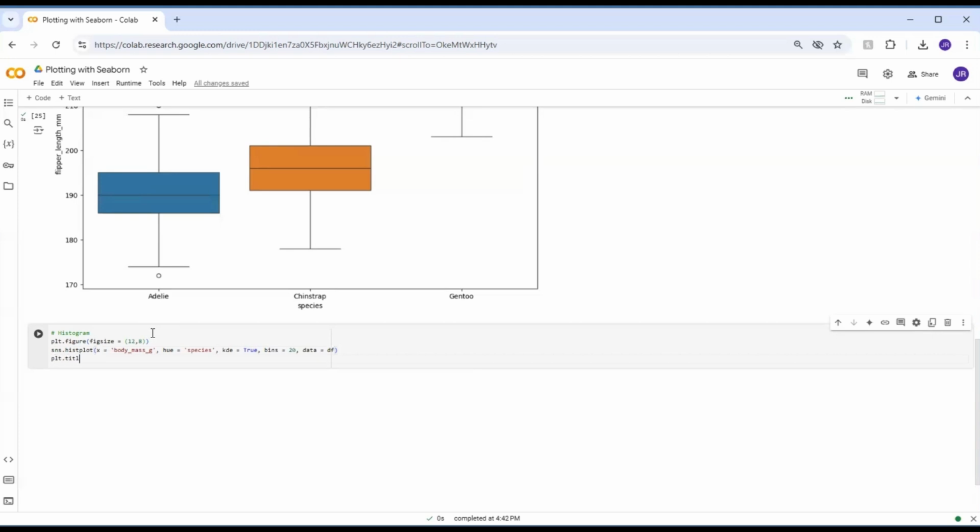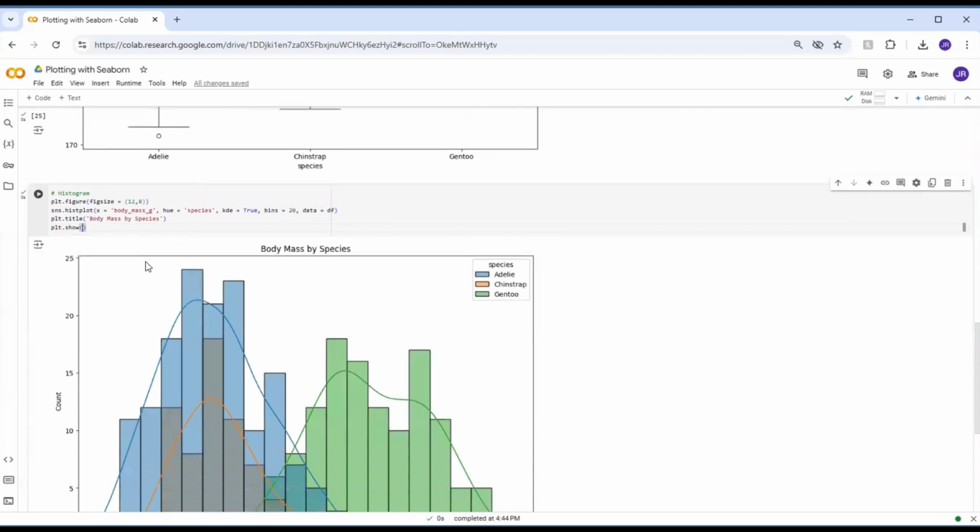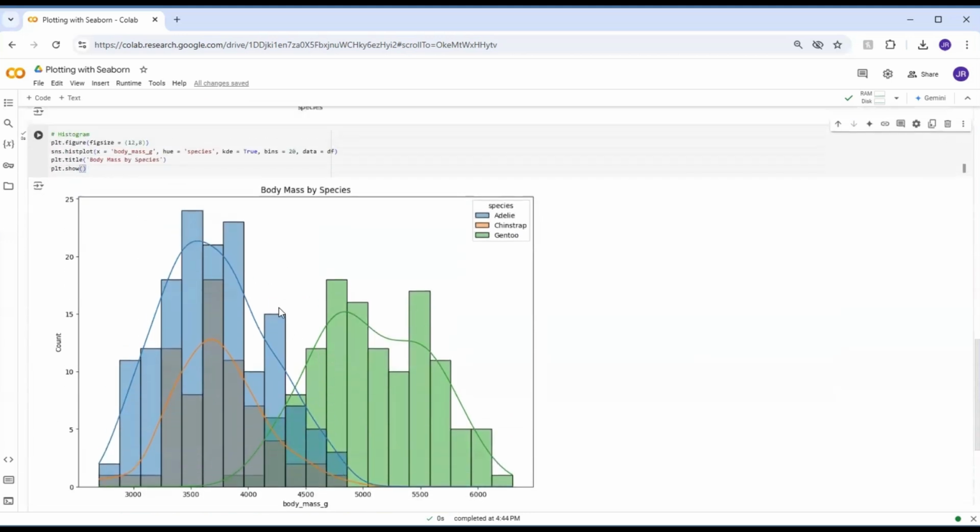Now, once again, we can title it. And this is going to be body mass by species. And lastly, plt.show. And I personally find this to be one of the more useful histograms. In Matplotlib, this takes a lot longer to plot, and it's a little bit more complicated. Here, we can plot all three of them at the same time, and we can get the kernel density estimation